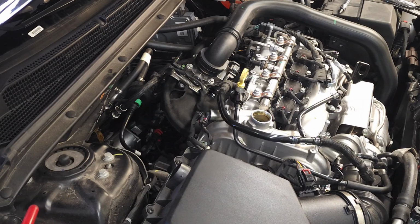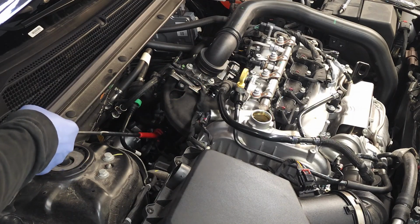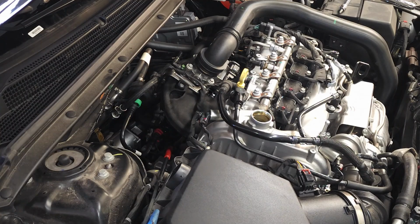The Vapor Canister Purge Valve is located beneath the air intake manifold, right there at the tip of my pointer. There are 4 hose connections and 1 electrical connection that must be disconnected in order to remove and replace this part. Some of the symptoms associated with a faulty valve include poor gas mileage, rough idle, hard start, and the check engine light with trouble codes